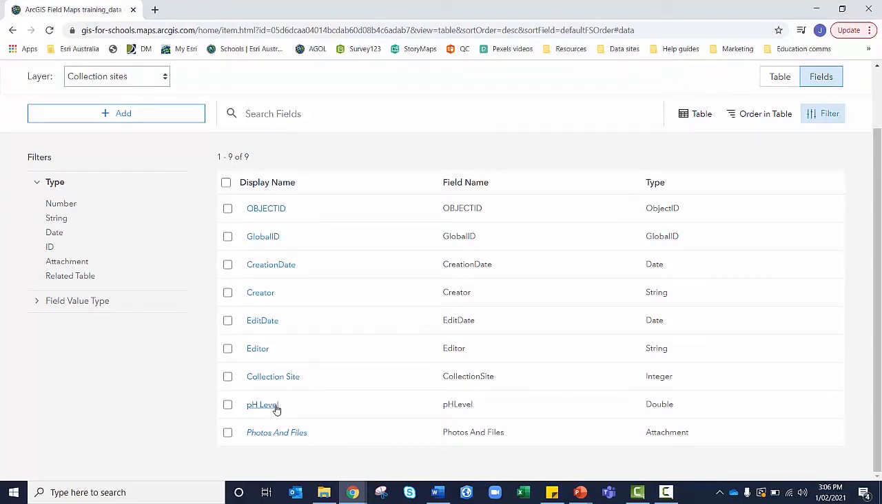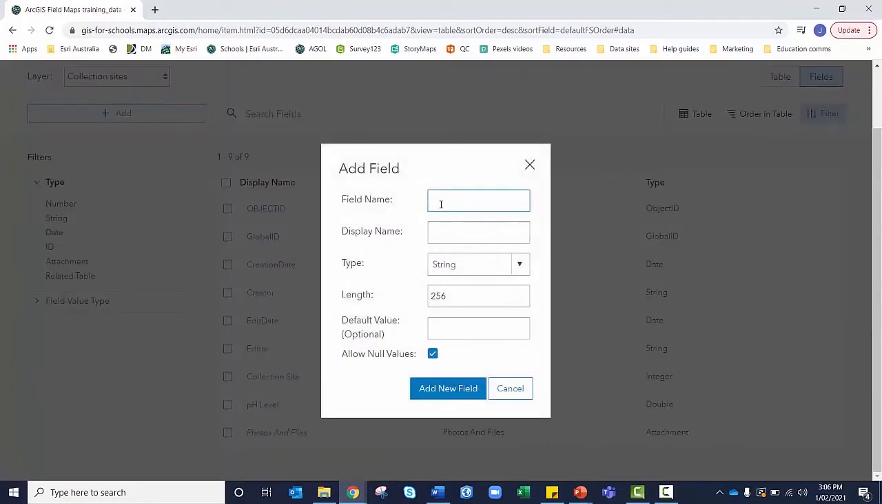This time we don't need to click on our new field pH level, because we're giving students or field workers the freedom to put in any number or any reading of pH level that they find at the collection site, evidently between 1 and 14. However, that might also include decimal places. I'm going to add a couple more fields. We're going to add a water turbidity field,